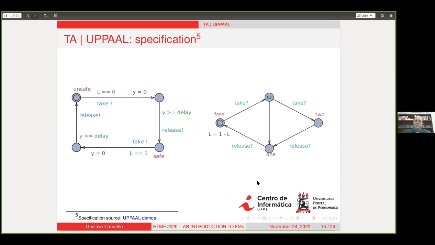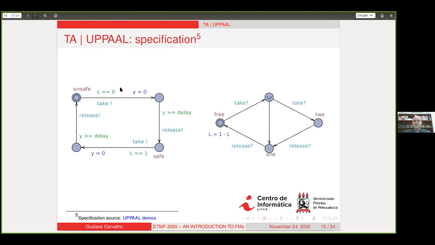So you can model this problem using automata. In this case, we are going to have one automaton for each person, besides another automaton for the flashlight. The automaton for each person can be seen on the left. The initial state is this one with an inner circle, and this is called the unsafe state. And we want to reach the safe state, which means the right side of the bridge. So you have transitions between the states,